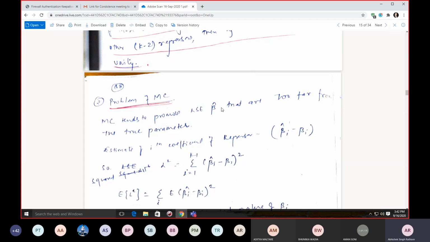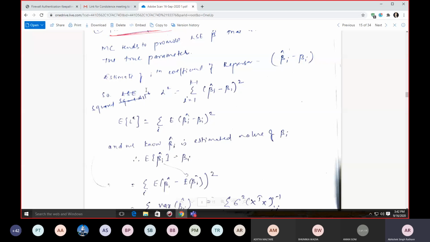Like, let's say an example, what can I say, we took TCS. This is considering that we are studying computer science, and then instead of getting all those computer science topics, what we are learning is this statistical thing. So multicollinearity tends to promote least square estimates that are too far from the true parameters. So what was our expectation and what values are we getting, isn't it?